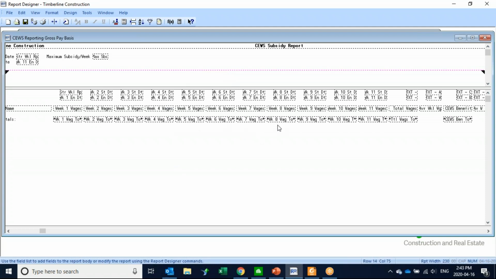So the calculation of total pay on this report, you can see the name of the report is CEWS reporting gross pay basis. So it's a pretty simple way that we're doing it. In fact, we're just taking what the gross pay is in these dates or the check dates. However, when you read, if you haven't already, the requirements that the government have put out, there are a couple of types of pay that can't be included in the calculation of an employee's gross pay. So to accommodate that, we're going to provide a second variation of this report where